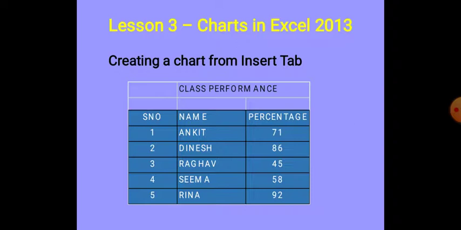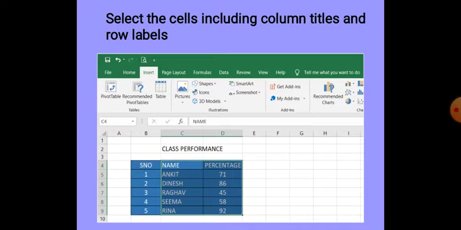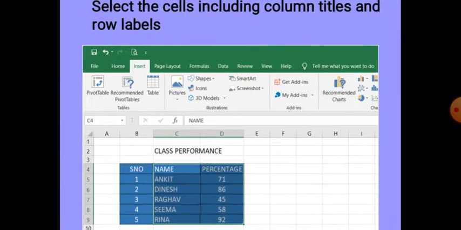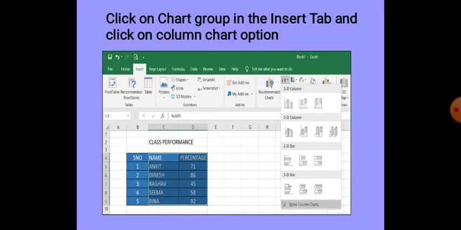Now children, today we will understand how we can create a chart. So this is our source data. With the help of this source data, we will create a chart. First, after selecting the data, we have to click on the Insert tab, children, and once we click on the Insert tab, we have to come to the chart group.